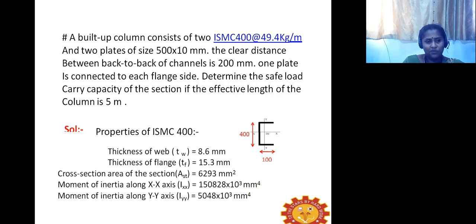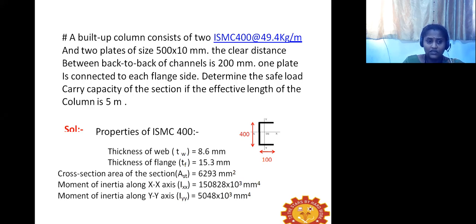What is the question given? A built-up column. What is a built-up column? You know what a column is. A column is a vertical structural element which is subjected to compression, that is pure compression. In particular, what are built-up columns? All the sections are chosen straight from the steel tables, wherein we have all the rolled steel sections, that is hot rolled steel sections, with standard sizes and standard shapes available with their respective properties. That is given in the steel tables or structural engineer's handbook.